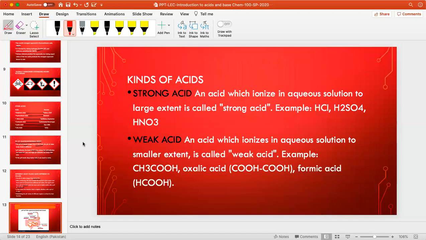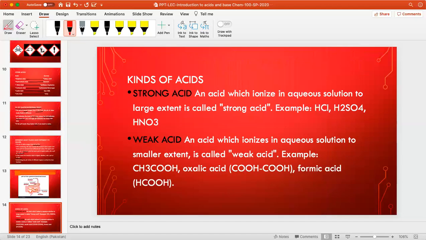Then we go to the next slide. How many kinds of acids are there? There are normally two types of acids, strong acids and weak acids. Strong acids are any acids which ionize in aqueous solution to a larger extent, meaning the entire acid ionizes. That is called a strong acid. For example, HCl, sulfuric acid, nitric acid, these are all examples of